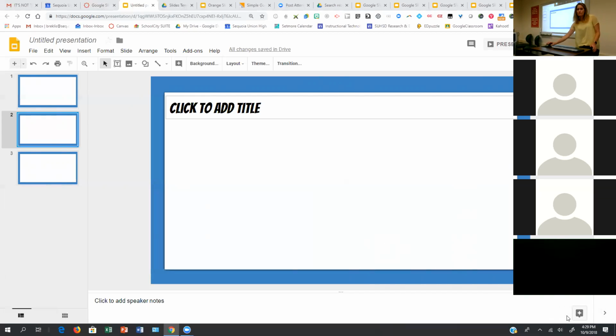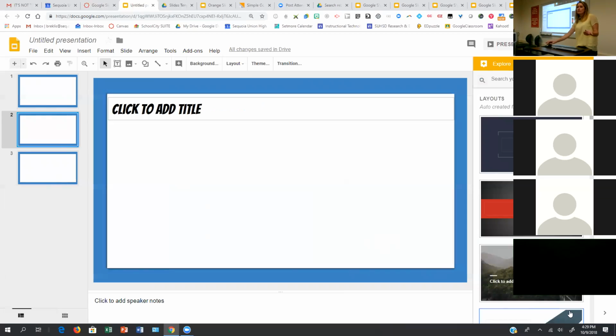And if you hover over it, it opens up and it says Explore. They've added the Explore tool into slides and documents and sheets. I'm not sure of anything else just yet, but it's a really cool way where you can search for content, at least in slides. You can search for content, you can search for images, and then once you have the two, it'll even give you recommendations for ways to format, which is really awesome. And it's a great tool for your students because it also even applies the credits as it pulls the images in. So let's search for something, some kind of an image that we might want to use.